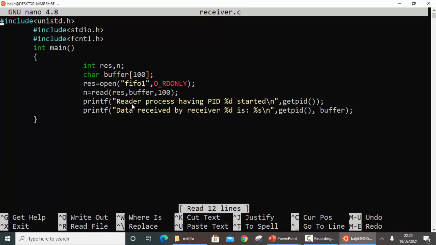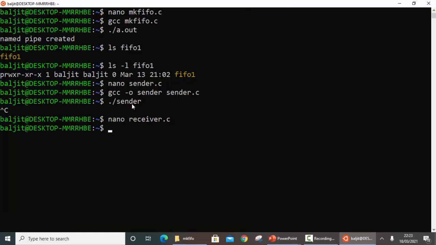So who had sent the data? The sender.c process will send the data, and we can recall that we have sent the word message. So that message is sent by sender.c, which will be received by the receiver.c process, and this particular process is going to print that thing on the screen. Okay, so save this, compile it, again use -o, give it the name